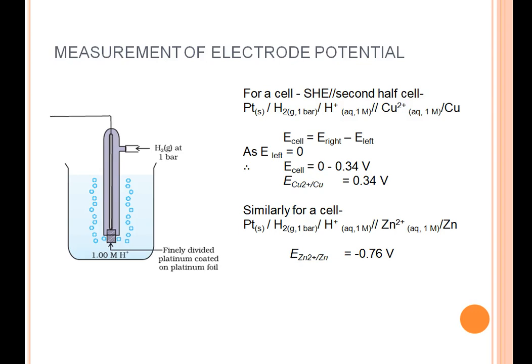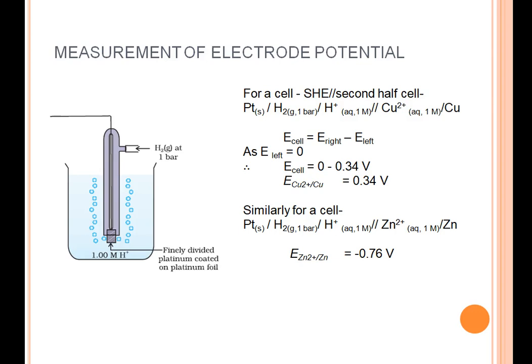When you connect the two half cells, that is the hydrogen half cell with the copper half cell, along with the voltmeter, you can measure the value of EMF from the voltmeter. So whatever value you get, using the formula, you can calculate the value for copper, and it comes to be 0.34 volts. Similarly, if you want to calculate the electrode potential of zinc, then you have to connect